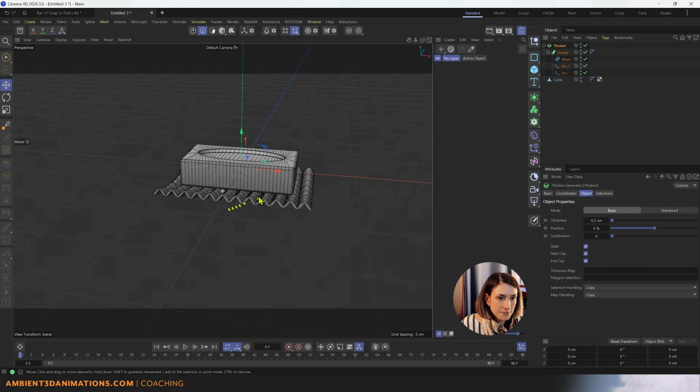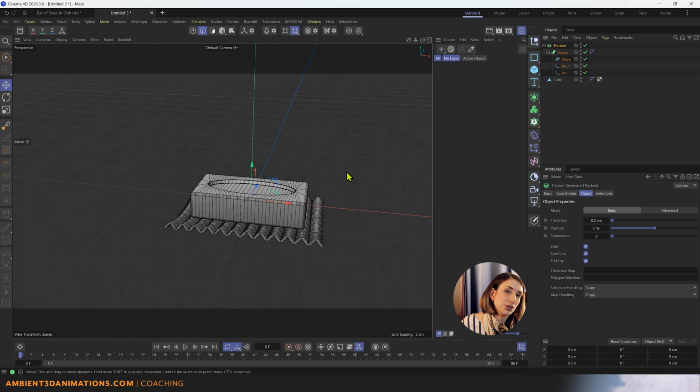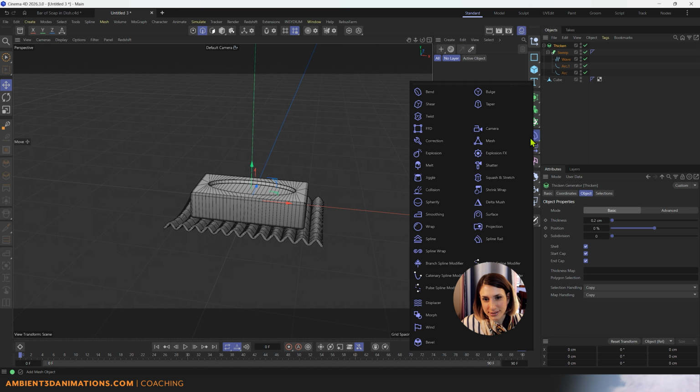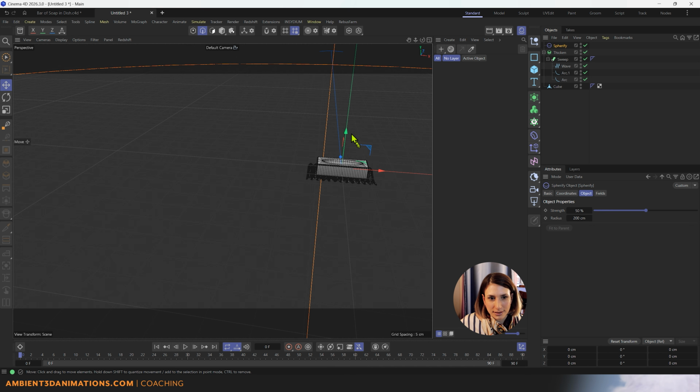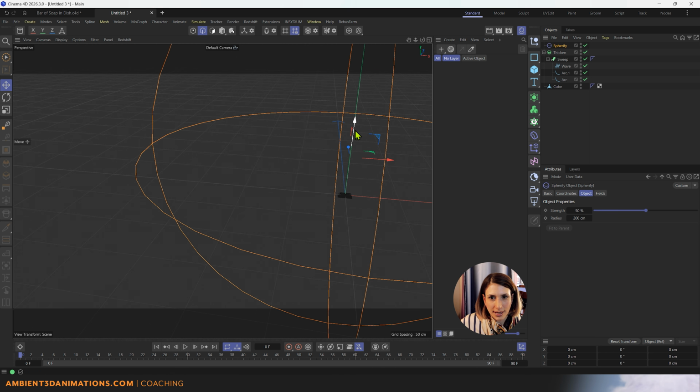So this is good. If you want to do even more with this, add some more curvature to your soap dish, you can do something like adding in a deformer. So you'll see that if I hold click on this purple tool here, there's all of these different types of deformers here, and they deform your surface. Thus the name. I like to use the Spherify. And if we want the Spherify to affect our thicken,